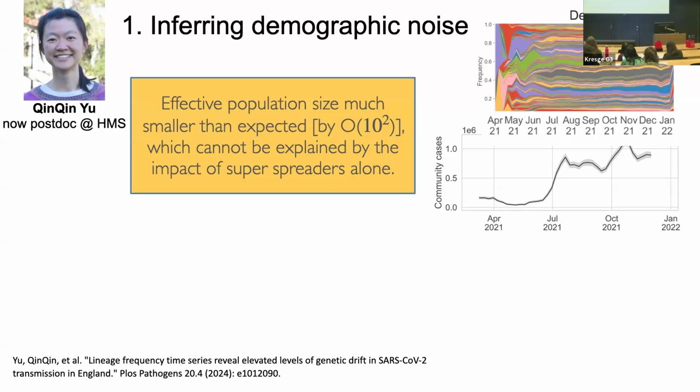Namely, it is that the effective population size that Shinshin inferred was much smaller than expected, based on the actual abundance of community cases in England, by a factor of 100 or even more. And correct me if I'm wrong, Shinshin. I think that's what we found, and that cannot be explained by the impact of just individual superspreaders. But it can be explained, and this is really potentially just one explanation,